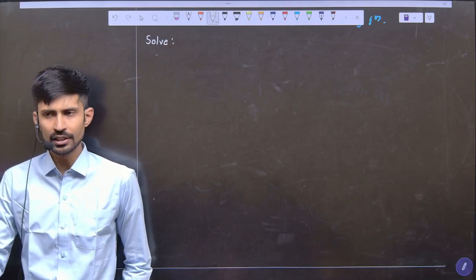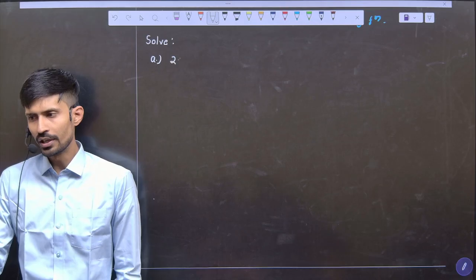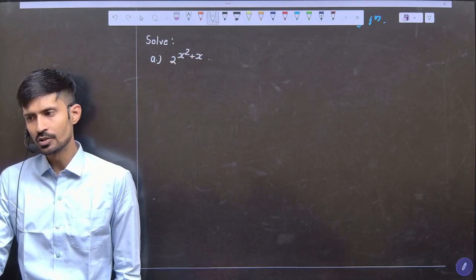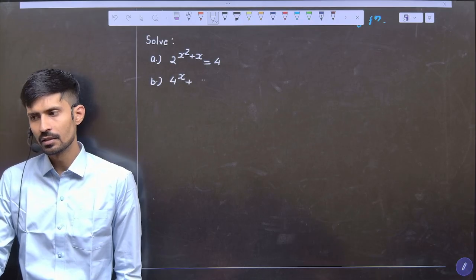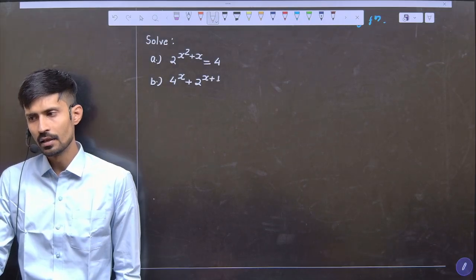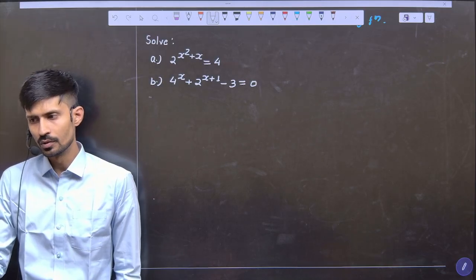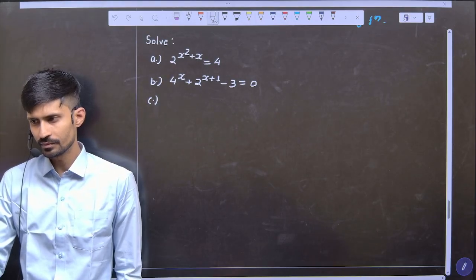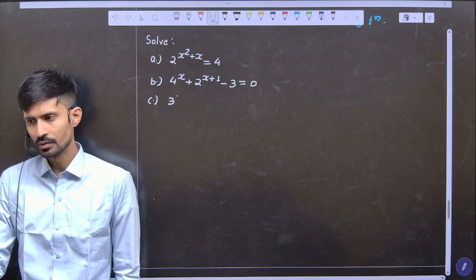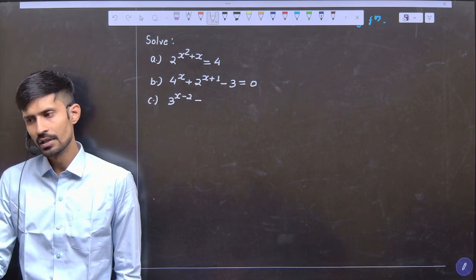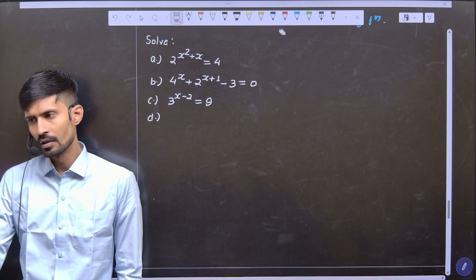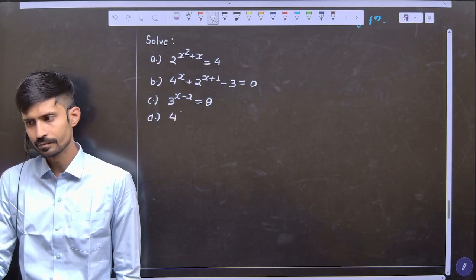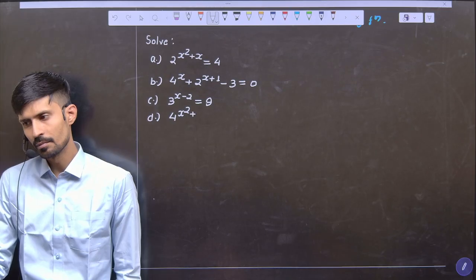Okay, now you write down this whole theory separately. I'm going to give you some exponential equations which we have to solve. A part first: 2 raised to x square plus x is equals to 4. B: 4 raised to x plus 2 times 2 raised to x plus 1 minus 3 is equals to 0. C: 3 raised to x minus 2 is equals to 9. D part: 4 raised to x square plus 1